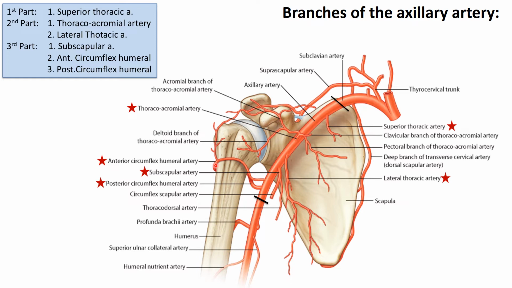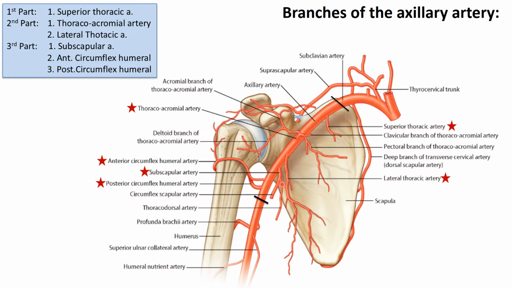So these are three branches again. And now if we quickly review the axillary artery, we'll say axillary artery is the continuation of the subclavian artery. It changes its name at the outer border of the first rib, which is marked by this line. And then as axillary artery goes down, it gives several branches. For the purpose of this description, we divide the axillary artery into three parts based on its relation with the pec minor muscle, which is attached like this. And the part proximal to it is the first. The part posterior to the pec minor is the second part,